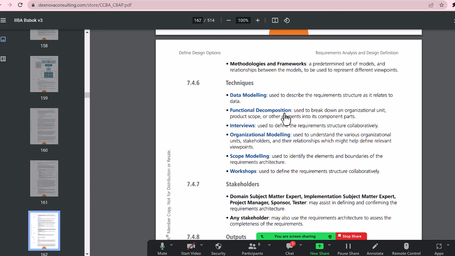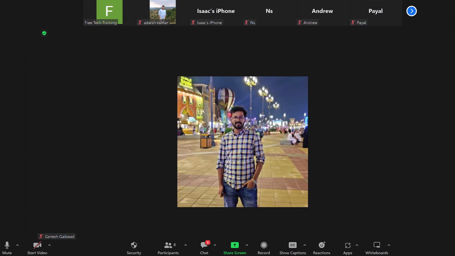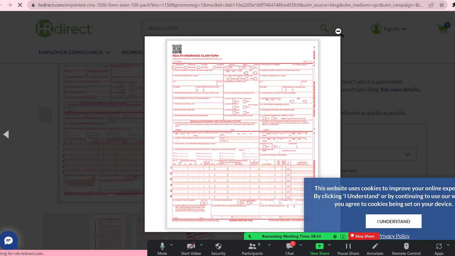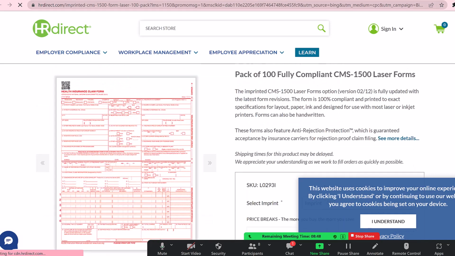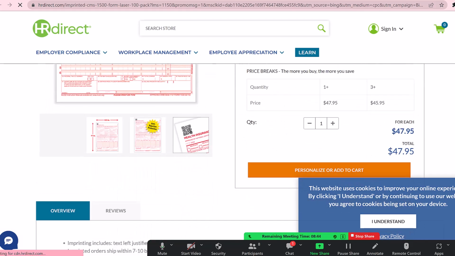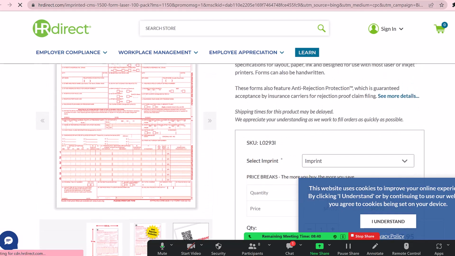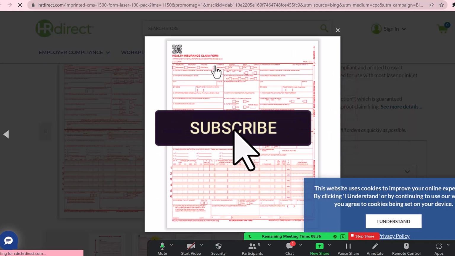Functional decomposition is nothing but breaking down the scope. For example, let me take that healthcare project, a sample healthcare claim. So we are using this. This website shows how a healthcare claim needs to look, with the barcode and everything they're giving you. So I'm just taking this as an example. This is a healthcare claim, and then let's say a project is